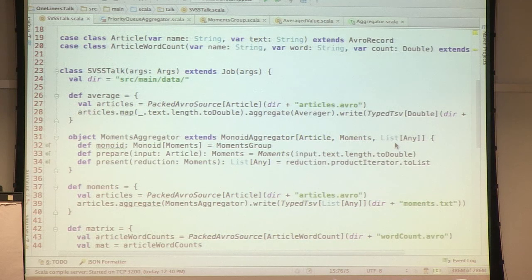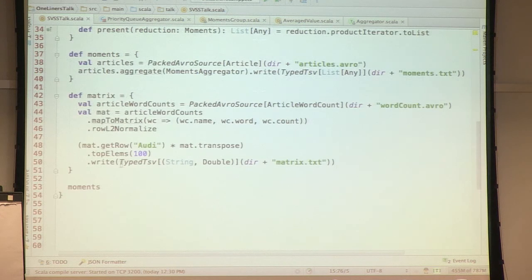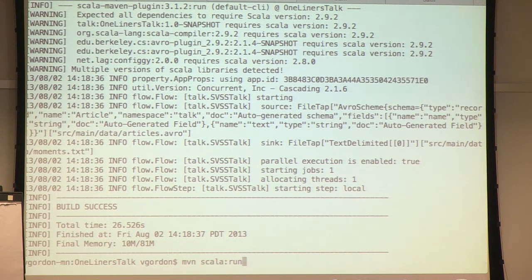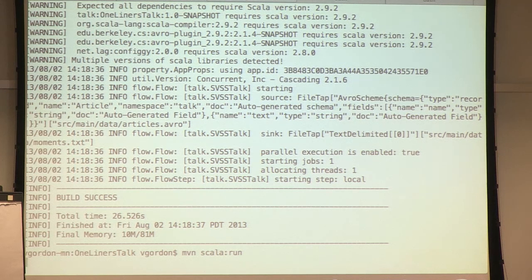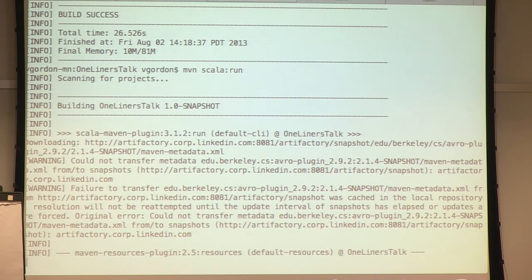And actually, you can also simulate. Scalding also knows how to work with local HDFS mode. So if I write here HDFS, it will actually spin up a Hadoop on my local machine and will run it as if it was running on real Hadoop. So let's just run matrix here. Go to our beloved terminal. Hopefully it will work. And again, that will take a minute or two.